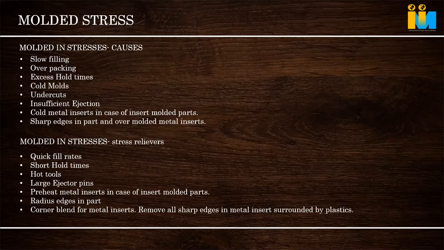Then the mold is very cold. Take polycarbonate as an example: we are asking for 90 to 100 degrees, but we are keeping 40 degrees. So the melt will not flow smoothly. The 300-degree melt drops to 280, 250, 200. So what happens? Extra pressure is applied, so it compresses and the stress is more.